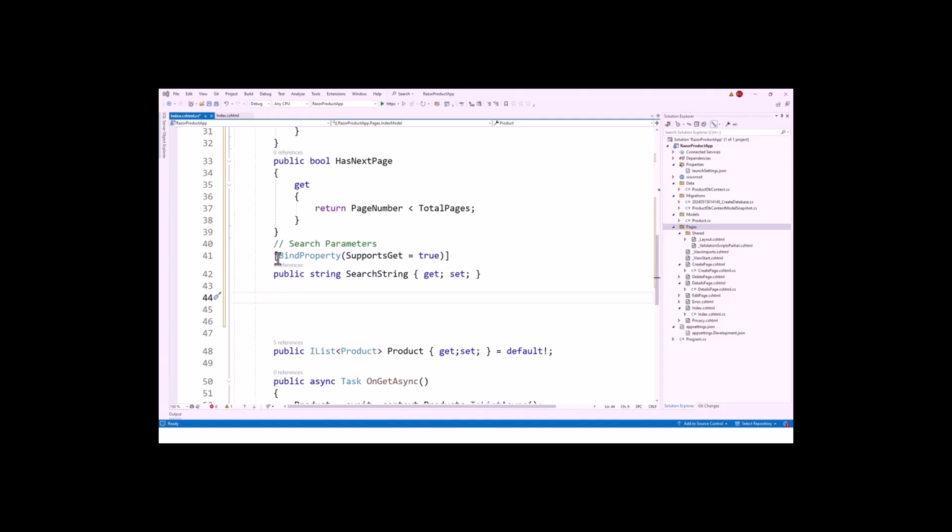Alright, if this line of code is not there, then it is difficult because you will need additional manual parsing of the query string parameters in the controller or page handler method to achieve the same result, which BindProperty SupportsGet equals true does. Alright,